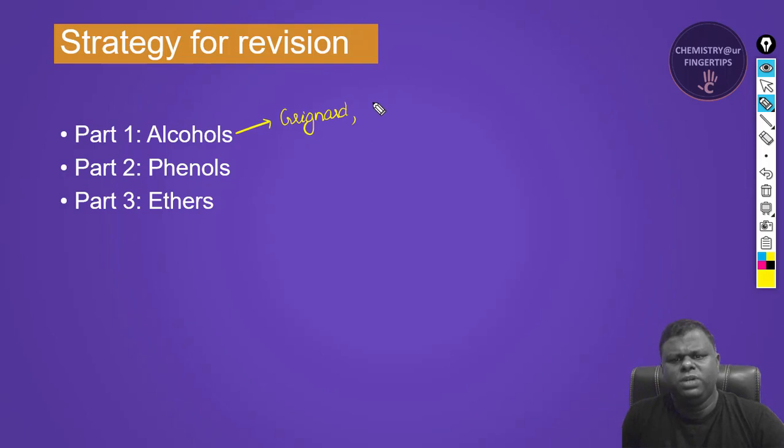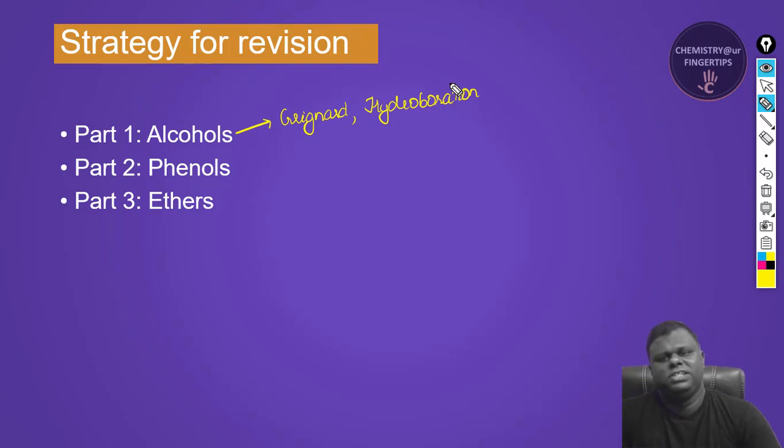And then you have hydroboration. Hydroboration reaction. So just try to do that and the remaining part as well, right? Oxidation and reductions, I think you already know, but Grignard and hydroboration are a little bit tricky to understand. Just try to understand the essence of these things: with Grignard reagent, what types of alcohol can you prepare and what reactants could you use.